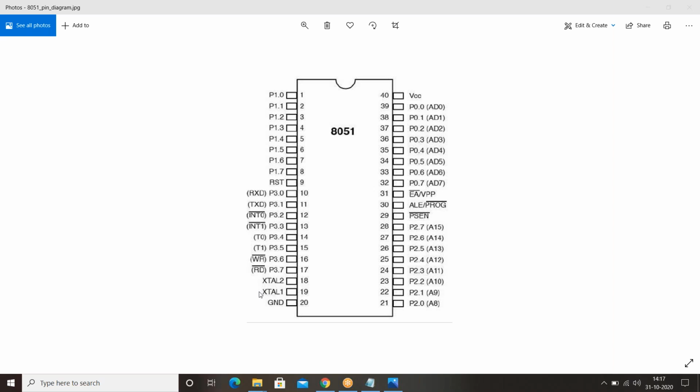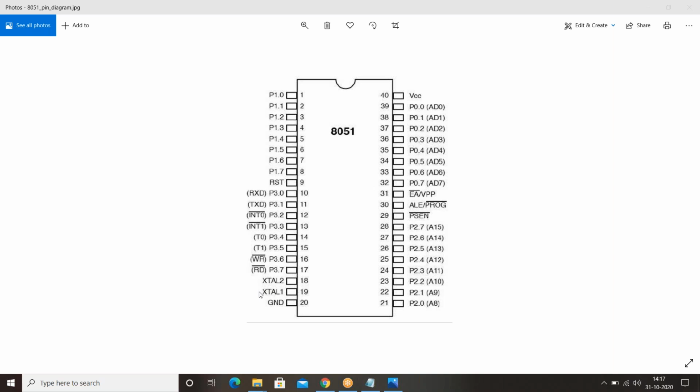Okay. So from pin number 21. So guys, if you observe this pin number 21 to 28, which comes under port 2, here also there are dual functionalities, like it is going to take the input and it will generate the output, which means the bidirectional input and output port.